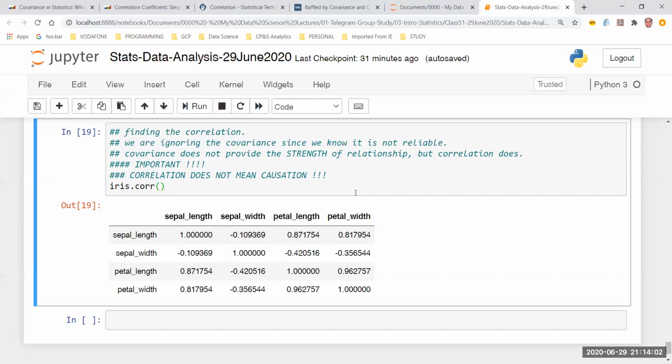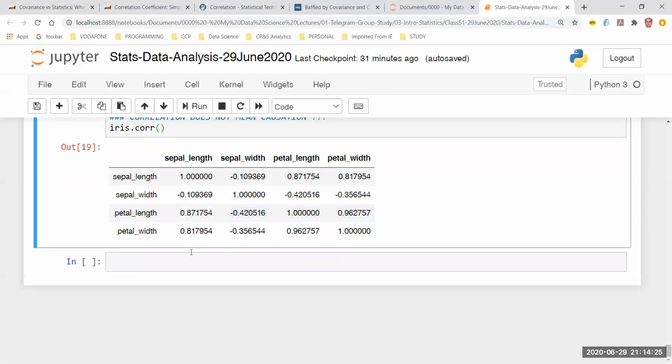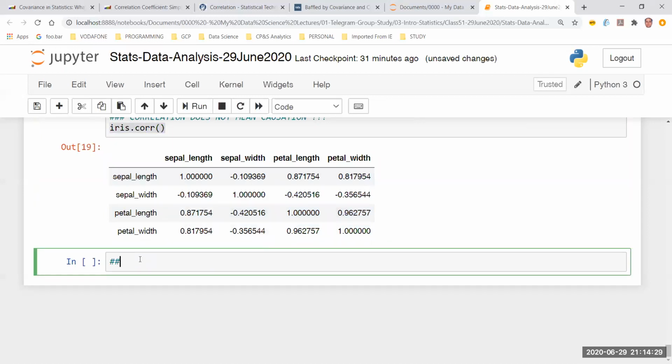Why we are looking into visual form is because if we have only 4 features over here, imagine a data set which has 20. Then it becomes very difficult for you to look at the numbers. Although people who are good with numbers will find out things looking at this table only. They don't have to go anywhere else, right? But then it is always good to represent the numbers in a visualized format.